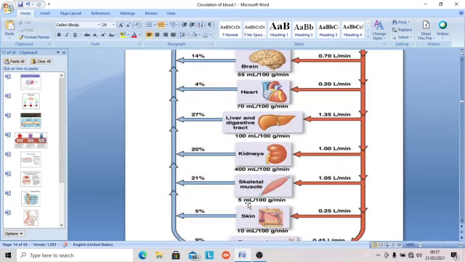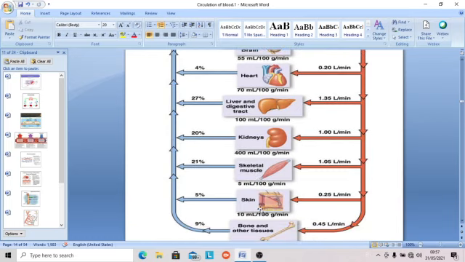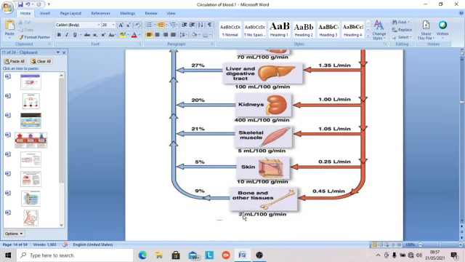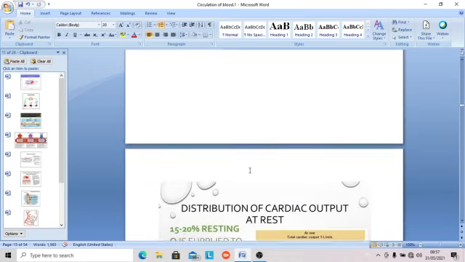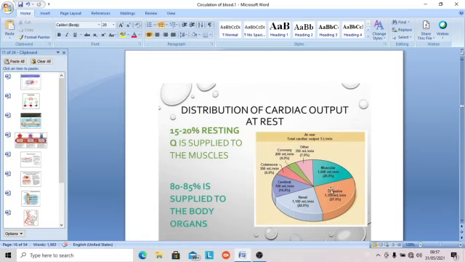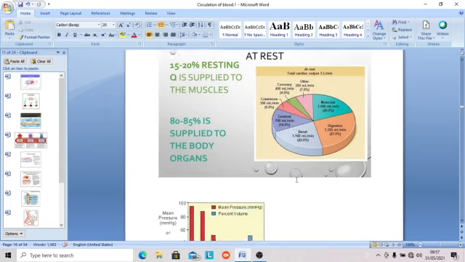Skeletal muscle very minimal at rest. 5 milliliter only per 100 gram tissue. The skin also 10 milliliter per 100 gram tissue, and minimum is bone because these are such structures that minimally require 3 milliliter per 100 gram tissue. This is the percentage how distribution is there. This is the same thing. Distribution of cardiac output at rest. Same way as we told, renal 1100, digestive tract about 1400, muscular 1000 to 1200. Then the coronary artery 250 for about 5%, cutaneous, and the cerebral 700 to 750, 14%.